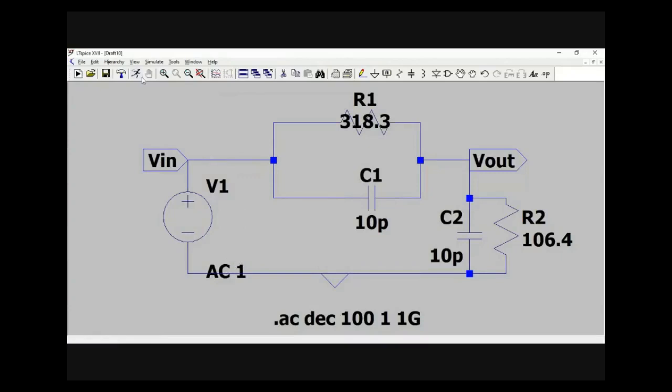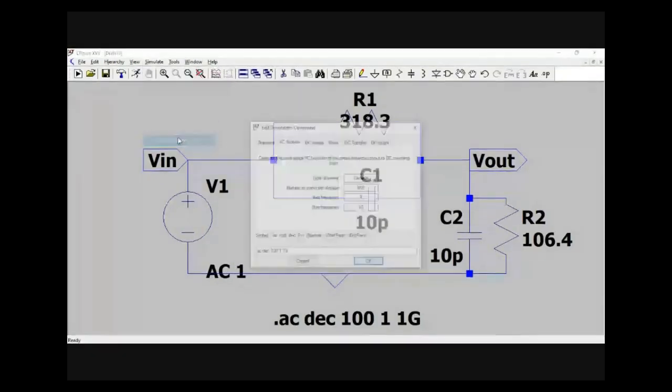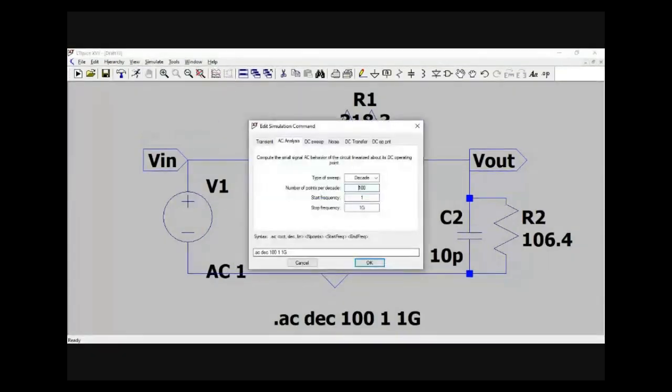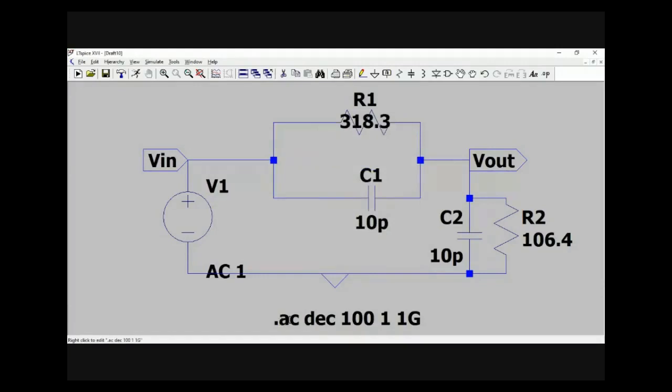All right. Now after that, I should go to simulate. I'll go to AC analysis, and I have selected the type of sweep as decade, number of points 100. I'm starting from 1 to 1 gigahertz, because the cutoff frequencies are coming at 50 megahertz and 100 megahertz, which is very well inside this. So that is what you can see in the command here, .AC analysis. The variation is in decade, and it is varying from 1 to 1 gigahertz with 100 points per decade, right? That is what you can see.